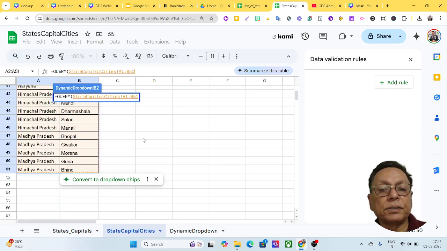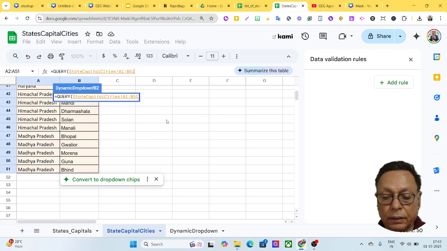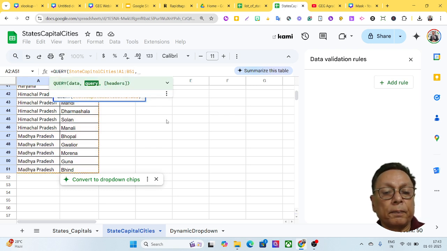This is my data range, and then comma, in double quotes I'll have to mention the SQL query. The people who know about SQL, the structured query language, will know what the query is and how to apply the query for the data. So I'll have to mention select